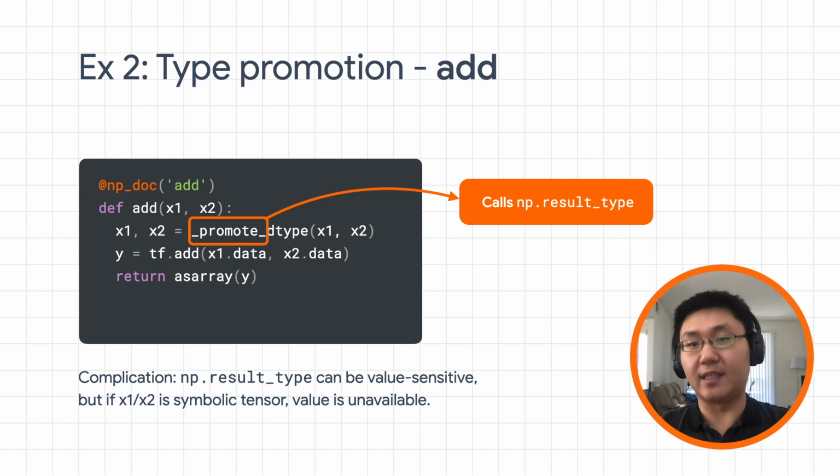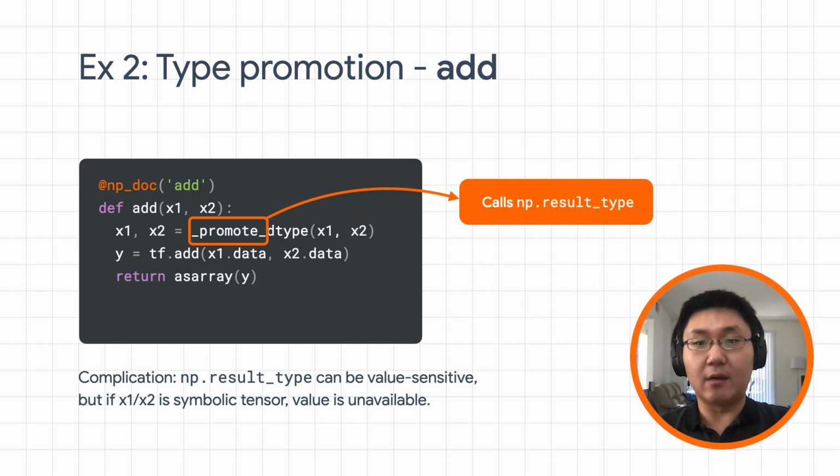It can decide the dtype based on the actual value of the argument. For example, if the argument is Python integer 1, it may choose a small integer dtype, but if it's a very large integer, it may choose a larger integer dtype.